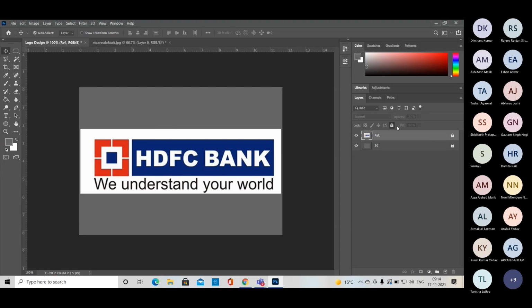If I want to unlock, just click and we can unlock the layers, right? So we have an option like this, just lock it and take another layer. Another option is the plus, so we can find another layer now.